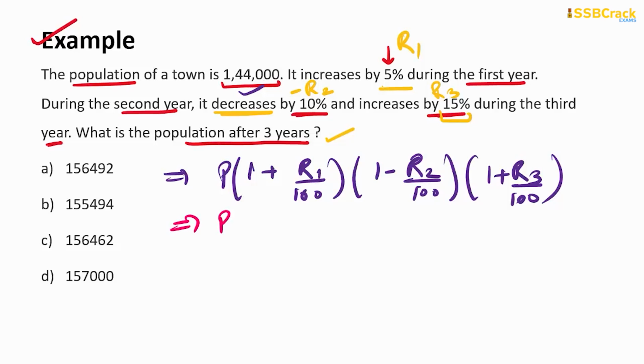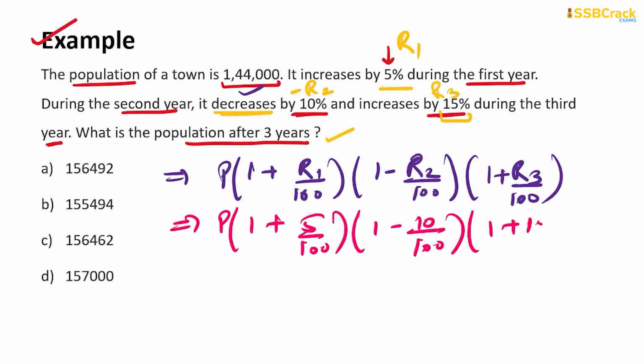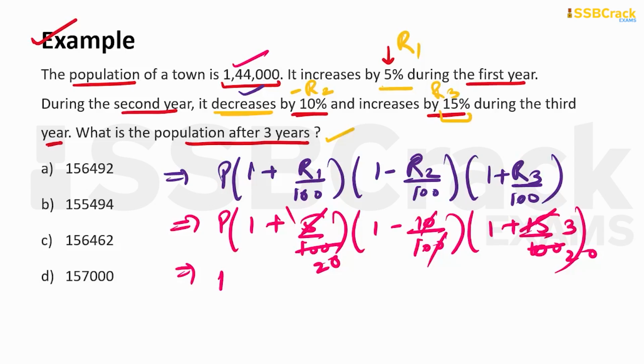So it will be P into (1 + 5/100) into (1 − 10/100) into (1 + 15/100). Right? Now we can solve it out. So 5 ones are 5, 5 20s are 100. Similarly, we can cancel out the 0, and here it will be 5 3s are 15 and 5 20s are 100. So it will be P, and now P is also given. So P is